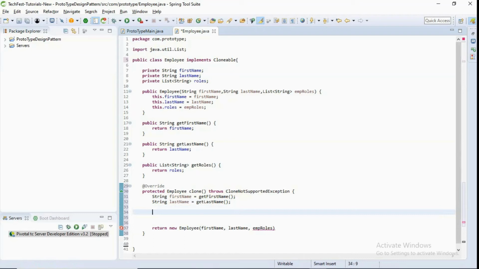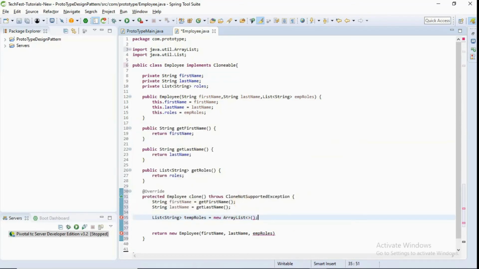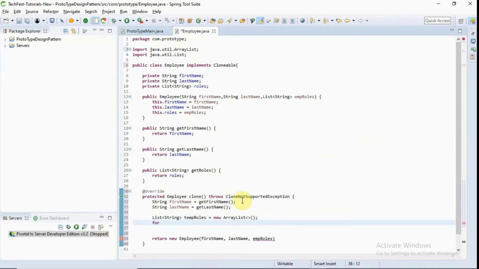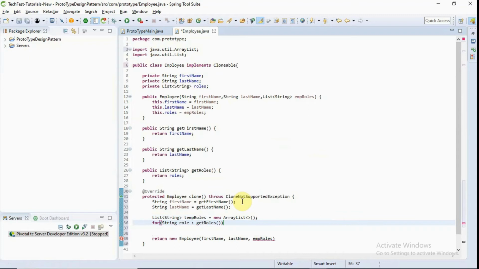So what we have to do here is define one list of string type called tempRoles, as an ArrayList, and then make a for loop, for String role in getRoles.